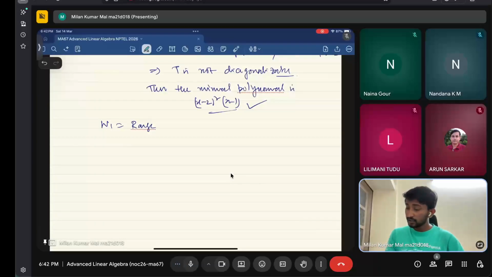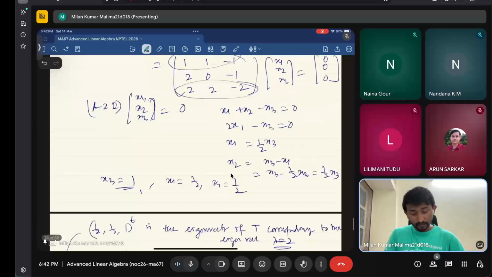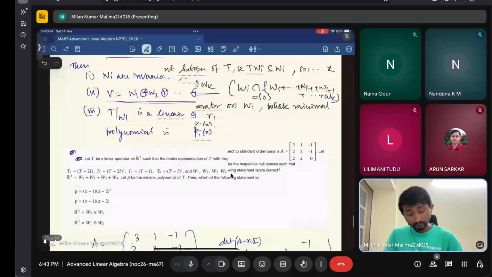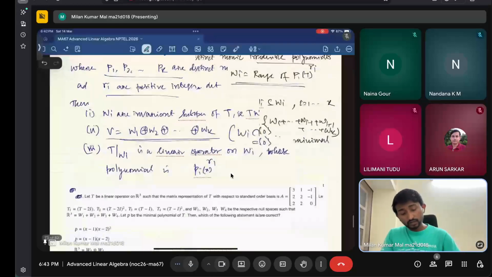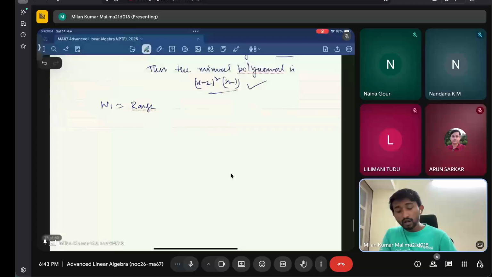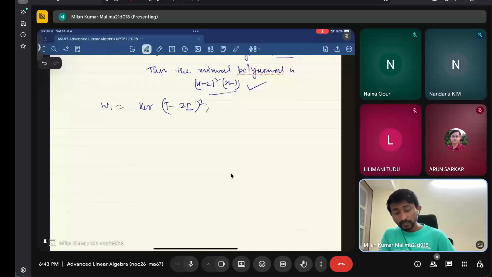W is the null space of (T minus 2I) square. Kernel of this operator. And W2 is equal to the kernel of (T minus identity), then